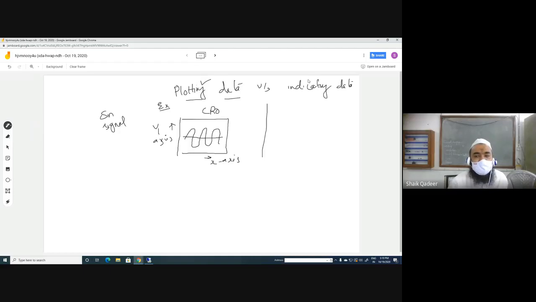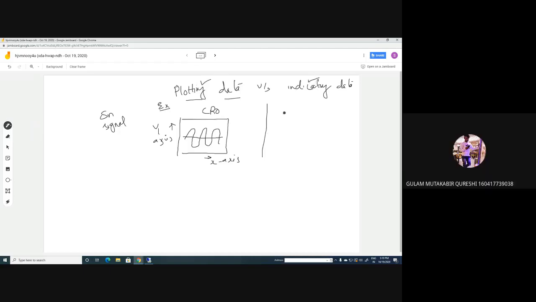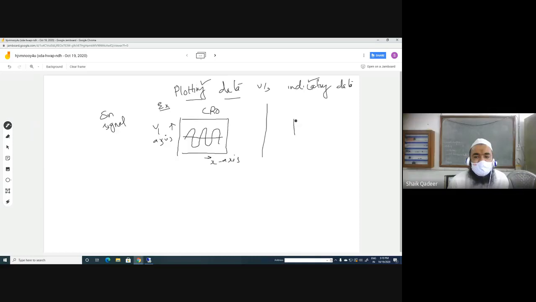Second mean is indicating mean. In indicating mean, we are able to see values at different times. So here the display is coming like this. I will be showing the last value.